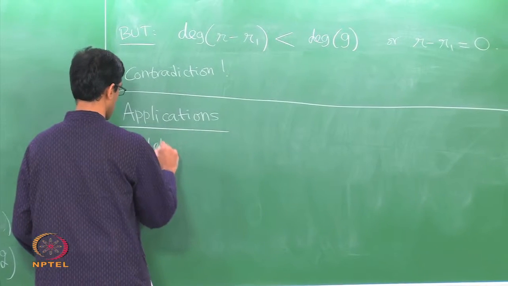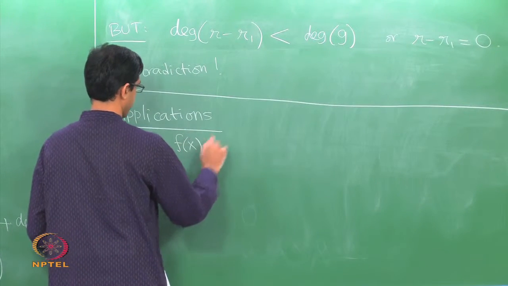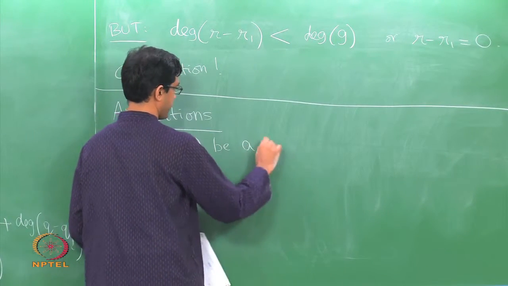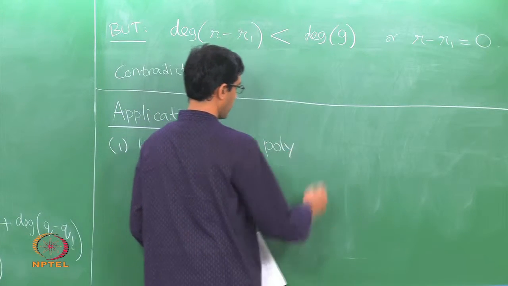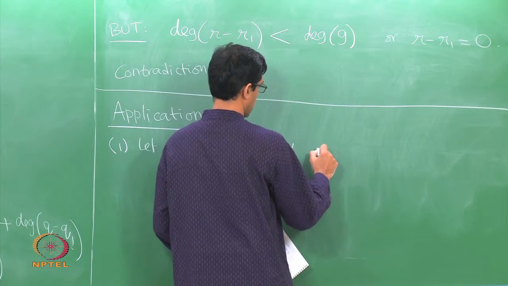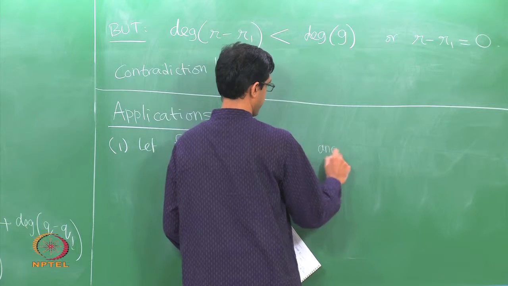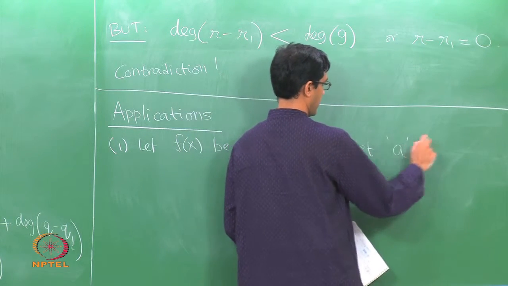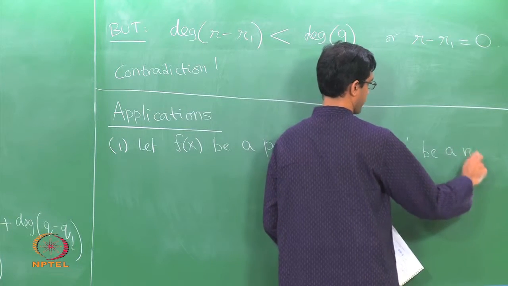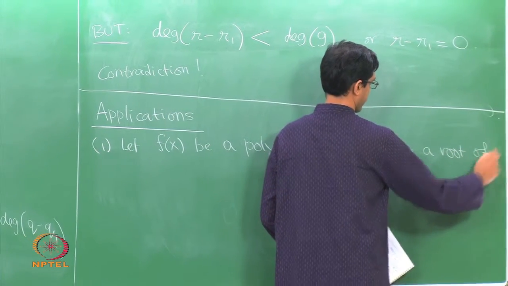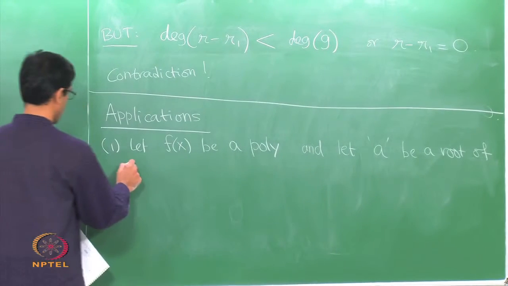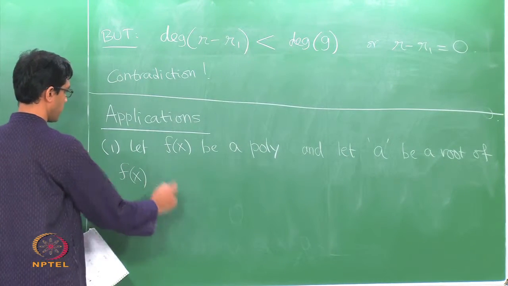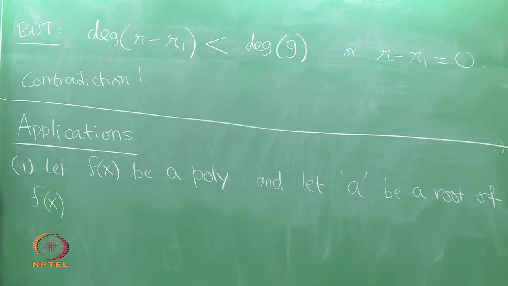Let f of x be a polynomial and let a be a root of f of x. Let a be a root. Okay, a is a number, you could assume it is a real number or a complex number and so on according to the case. A is a root of f of x, then